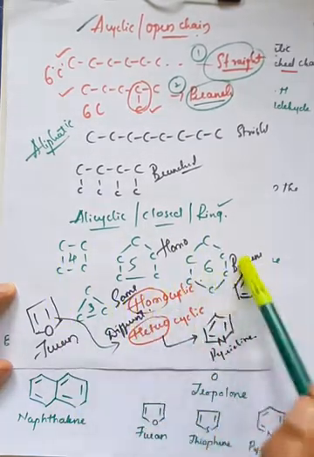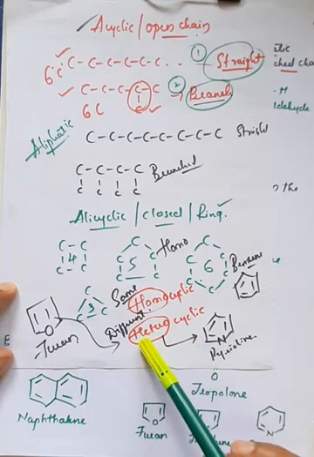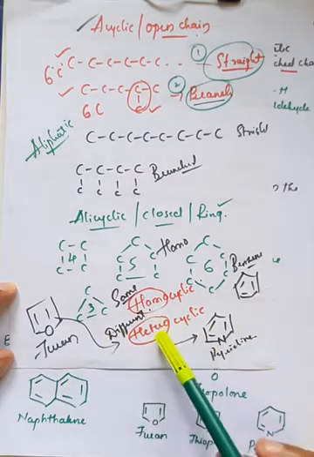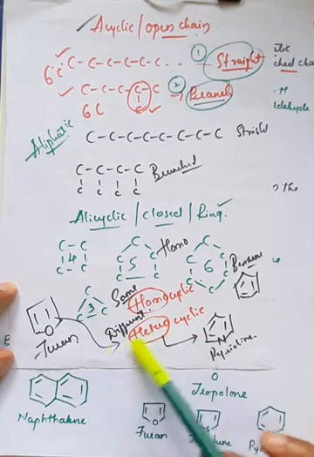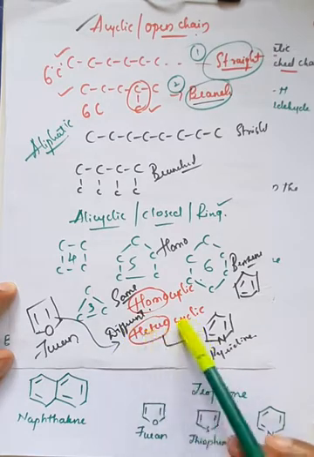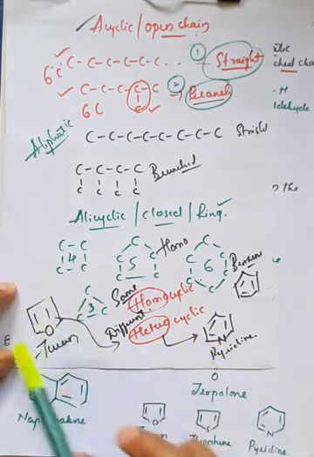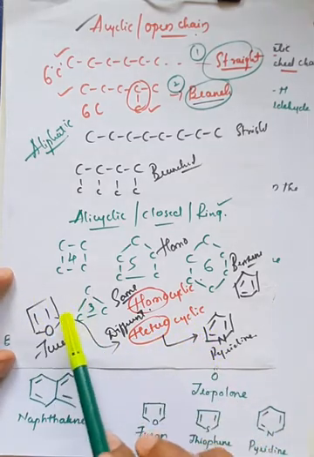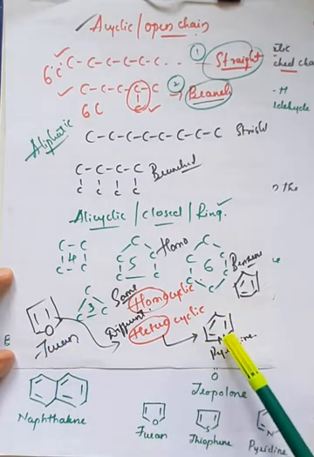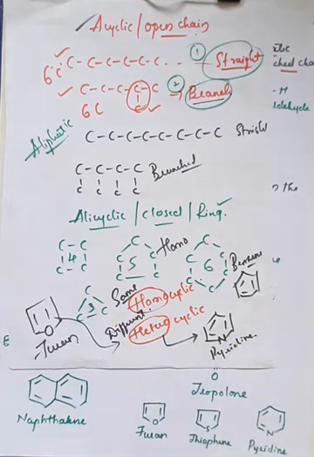These are all homocyclic. And heterocyclic means that other than carbon, there will be a mixture of another element. So by replacing one of the carbons, we can fix any other atom here, so the structure will be different. That is called a heterocyclic compound, right? Generally, this is also in the form of a cycle. If you take the example of furan, out of 5 carbon atoms, 1 is replaced with oxygen. And in the case of benzene, if you remove 1 carbon atom and fix nitrogen, it is called pyridine. So these 2 are very important examples.